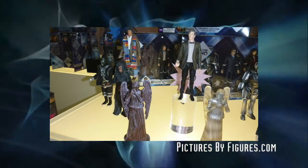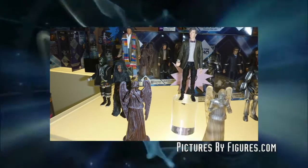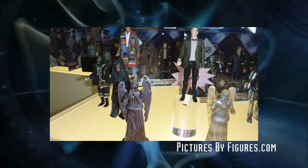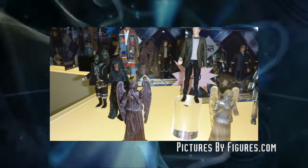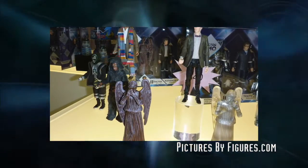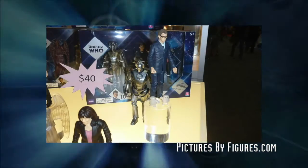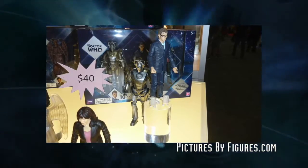Now here we get onto the 5-inch figures, which has been quite exciting. So we're going to get some re-releases like we did last year with the B&M sets. There's no confirmation they've been confirmed to go to the UK, but they were selling them at San Diego Comic-Con. So it's debatable whether they're coming to the UK or not, but they look quite nice, and I think they should come to the UK, because for people who haven't been collecting that long, they can get some more figures,